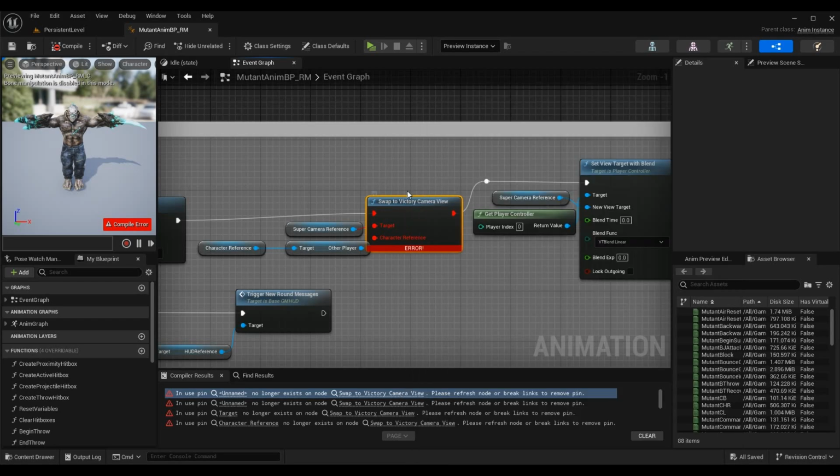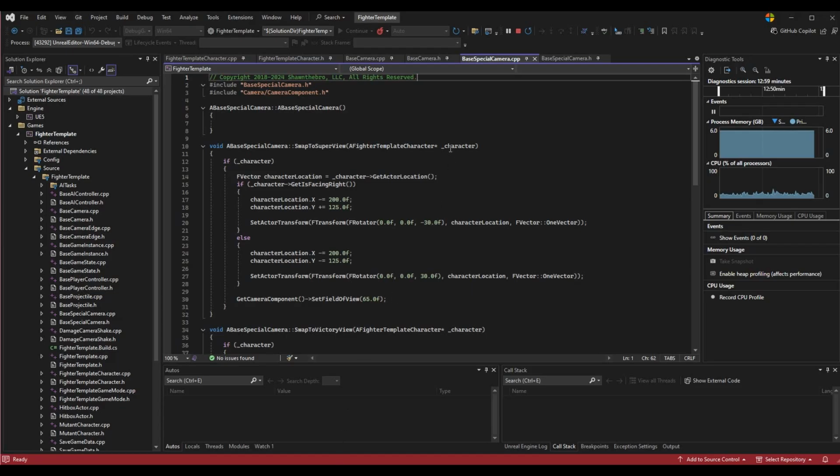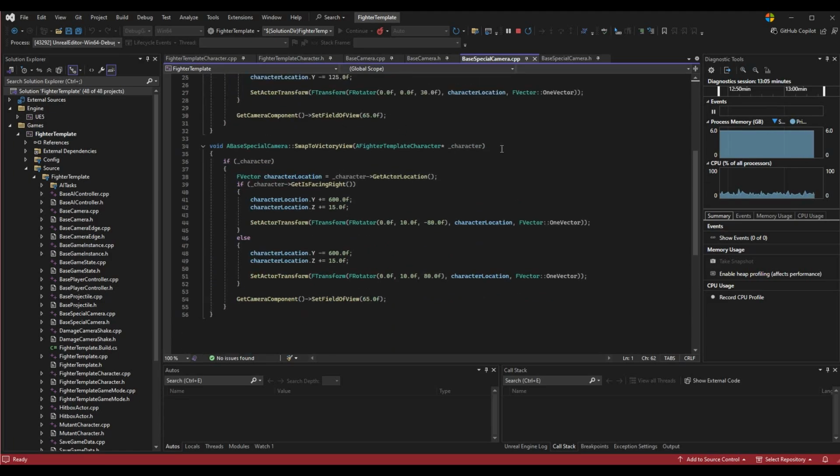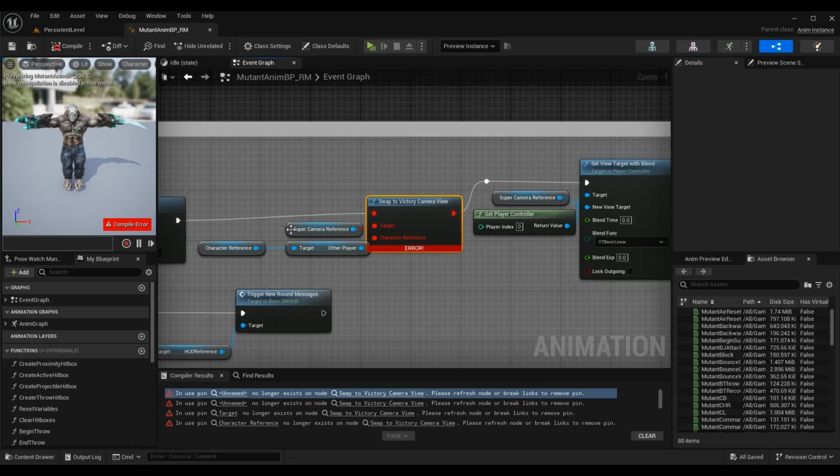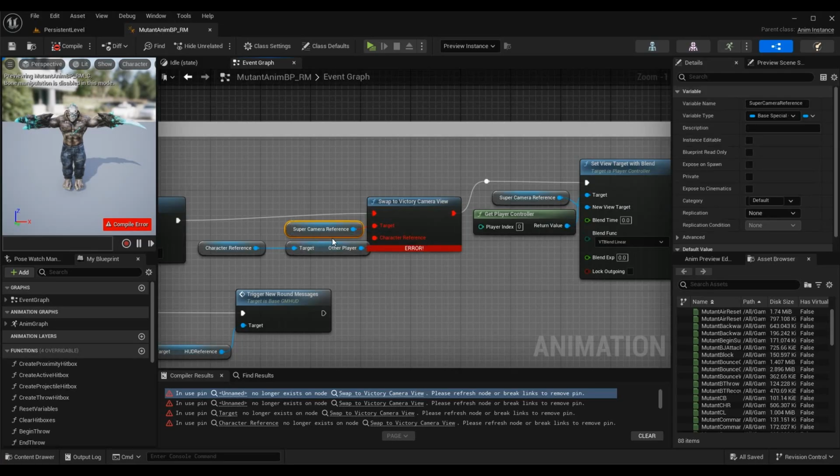Now in the previous episode, we made this function, swap to victory camera view, but we just called it swap to victory view. So if we go to our base special camera.cpp here, you'll see that we have this swap to victory view function. It is not named exactly the same as it was here. So even though the super camera reference and the super camera in general is a child of the code class, we call it base special camera now, this will still work